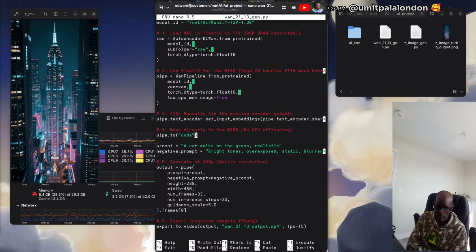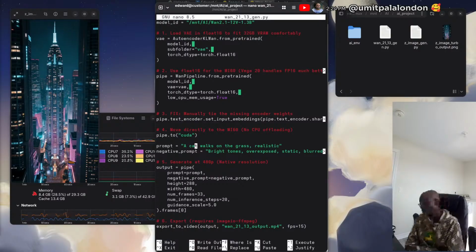And then again, pipe to CUDA. And then, I removed, there was a part where they had the CPU offloading, so I didn't want to do it. I took it out. Now, if you don't have the GPU power, do make sure you actually put the CPU offloading. I don't want the CPU offloading, that's why I removed that option. And it just says a cat walks on the grass, realistic. Remember, this is a very small model,